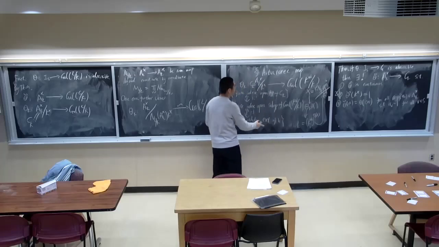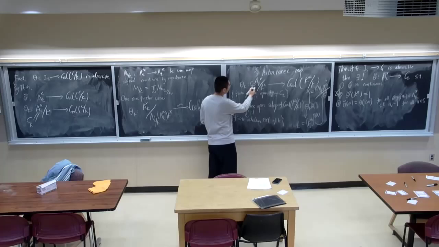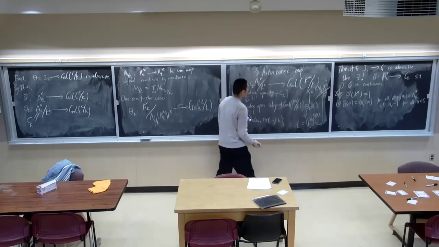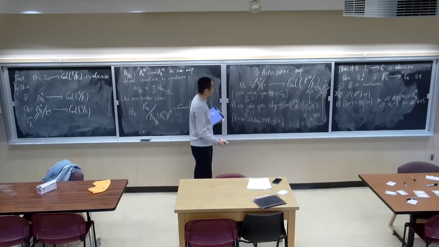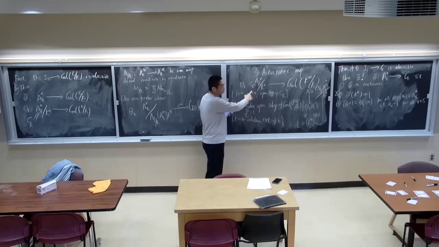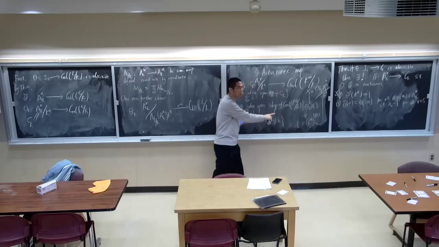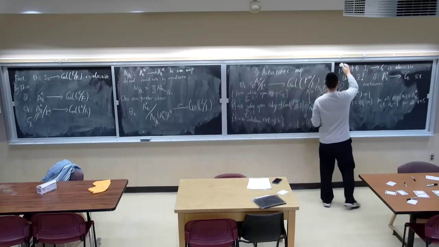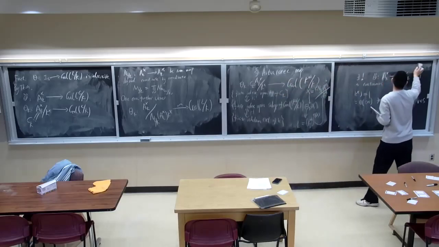It gives us a one-to-one correspondence between the finite index open subgroups of this C_K and the finite abelian extensions, the finite index open subgroups of the Galois group. So now we know that our goal should be this map. Before, we only tried to construct a map from A_K cross to the Galois group. And now we know we should care about A_K cross quotient K cross. We should care about this quotient. So our goal,